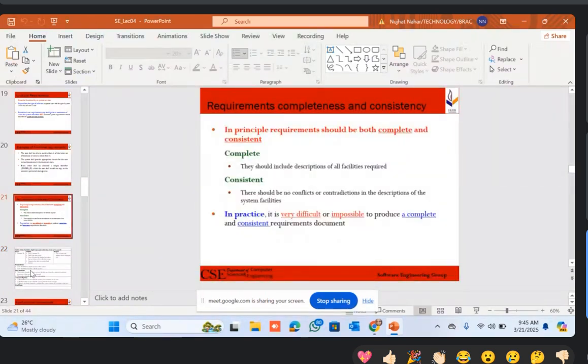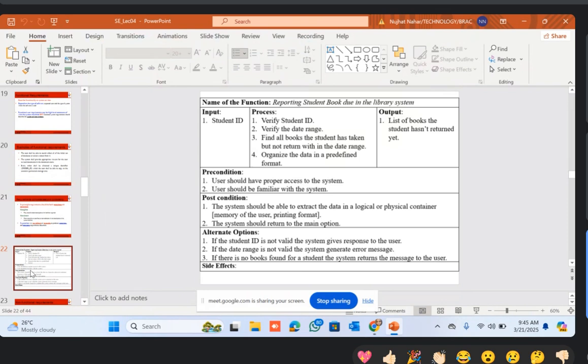Requirement completeness. Now this is the functional requirement table, after identifying the different functions of the system, like